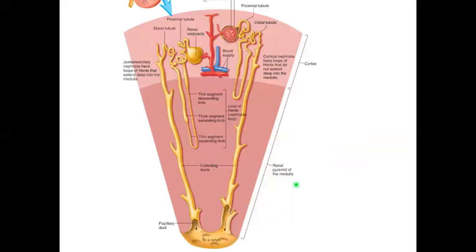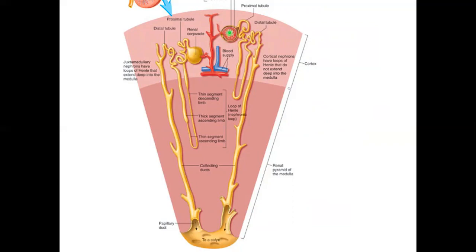So here's a little bit more of the microscopic anatomy. So the nephron is the smallest functional unit of the kidney, or it's the filtration unit of the kidney. So for physiology, we like to talk about what the nephron does and how that nephron functions. Okay, so here is an artery, and it's going to go to the nephron, and this is actually a capillary bed, and then it leaves the nephron. Okay, or excuse me,